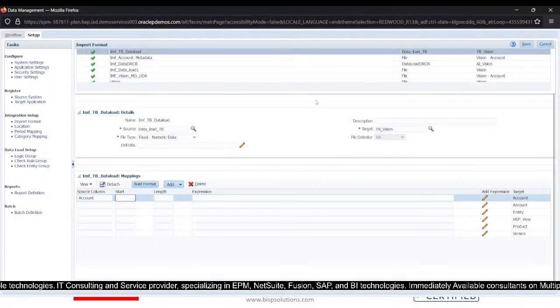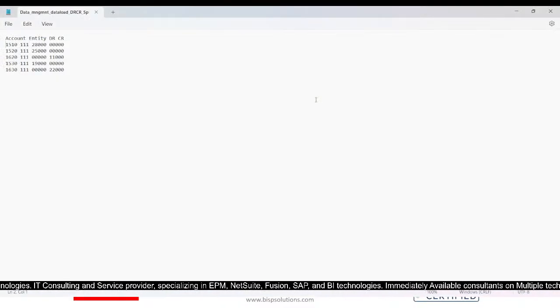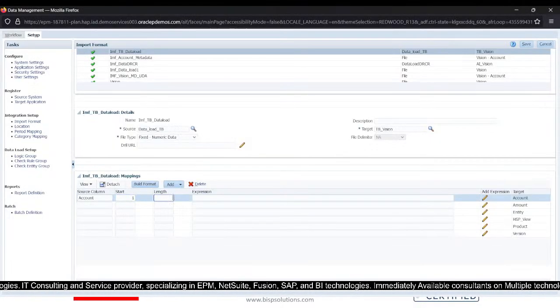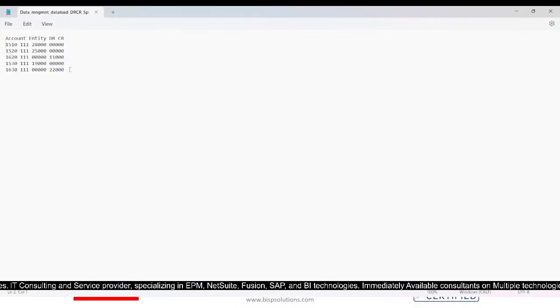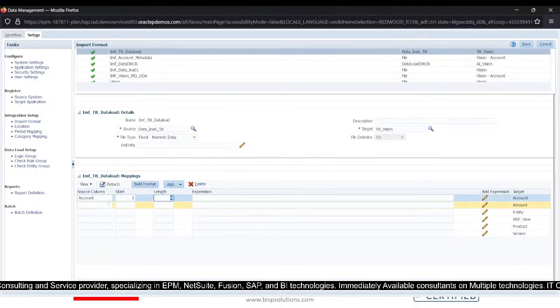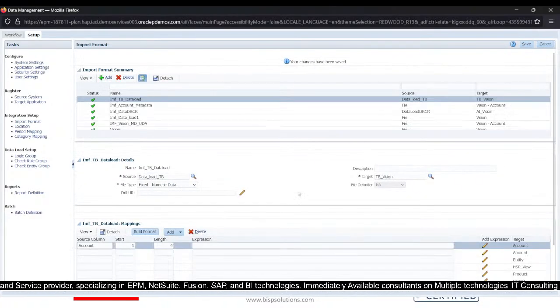So the start is going to be 1, as we are starting from the first digit. However, the length is going to be 4, as the account dimension member name consists of 4 digits. Okay, after providing the start and the length for account, I will then save it and then move forward to